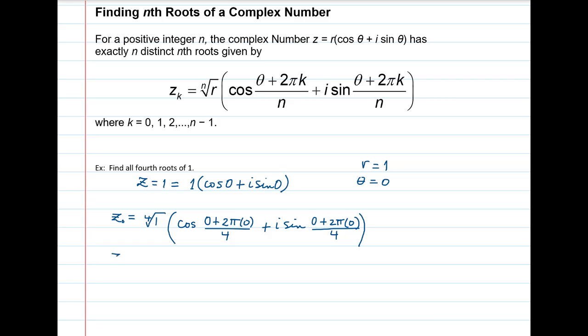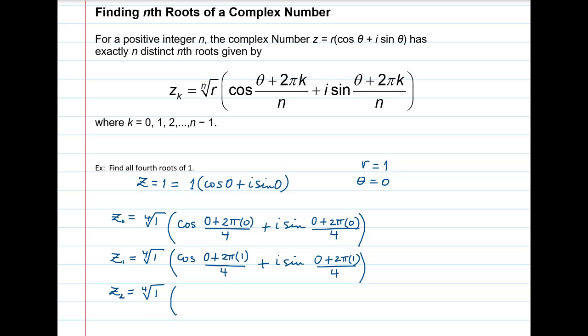Okay, so we're just going to go ahead and set up all the roots here, and then we'll calculate them. For the next root, z sub 1, we have the fourth root of 1 times cosine of 0 plus 2 pi times 1, which is our k, all over 4, plus i sine of the same thing, 0 plus 2 pi times 1 over 4. All right, so all the roots are following the same formula here. The only thing that's changing is the k. We're moving up from 0 all the way to, since n for us is 4, n minus 1, which is 3 for us. So we'll have z sub 0, z sub 1, z sub 2, z sub 3,